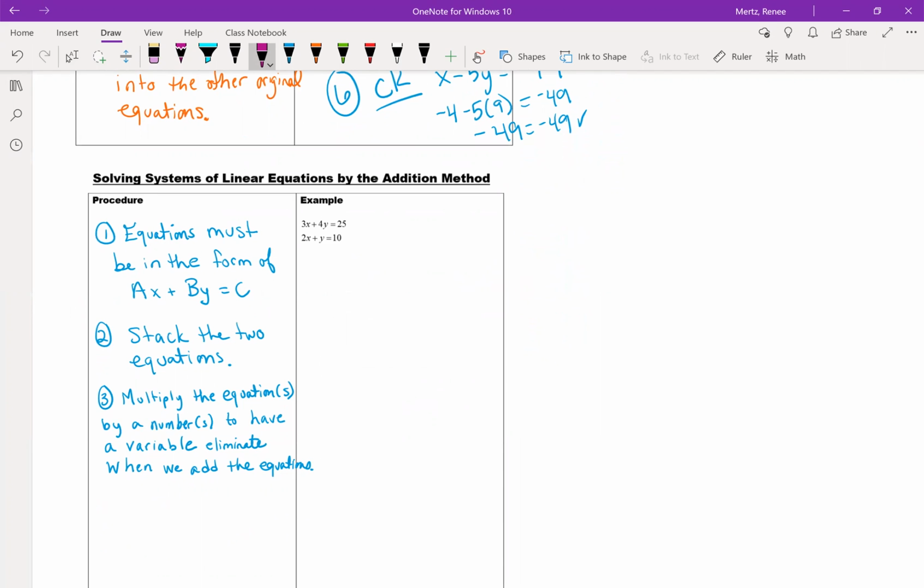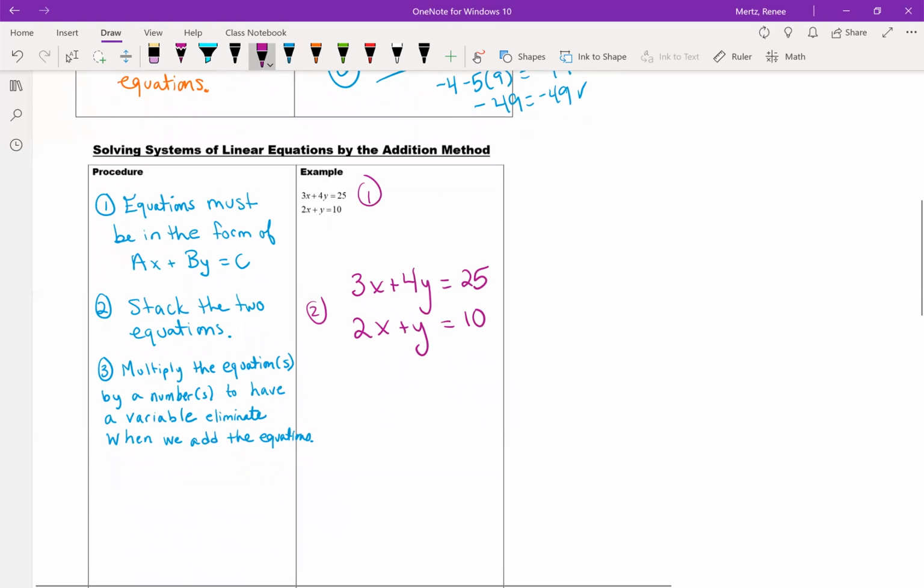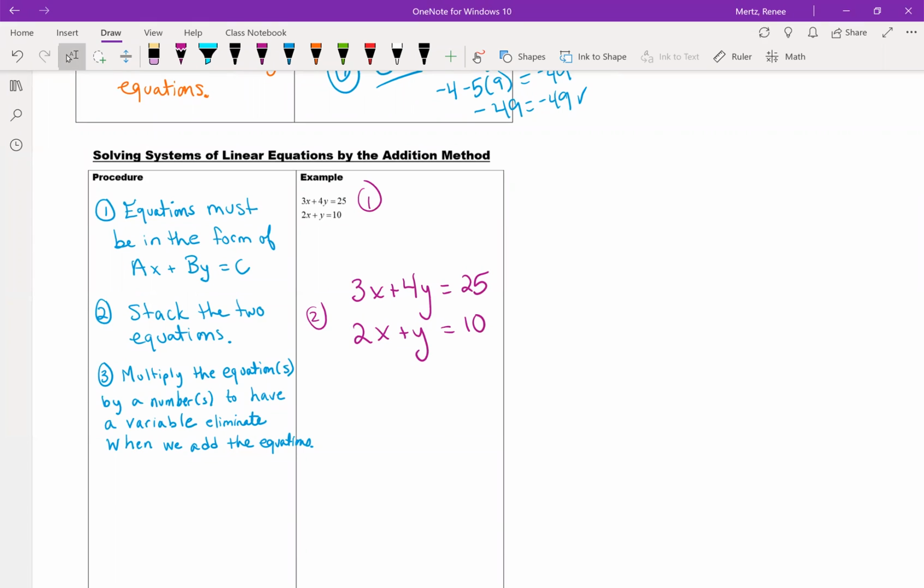For the addition method, our mission is to first make sure we have the x's and the y's equaling the answer. So that one's set up correctly, and this one's set up correctly. That was step 2, stack the equations. Step 1, they were already in the right form. Step 3 says multiply the equation or equations by a number or numbers to have a variable eliminate when we add the equations. If I'm looking at this and I want to eliminate x,